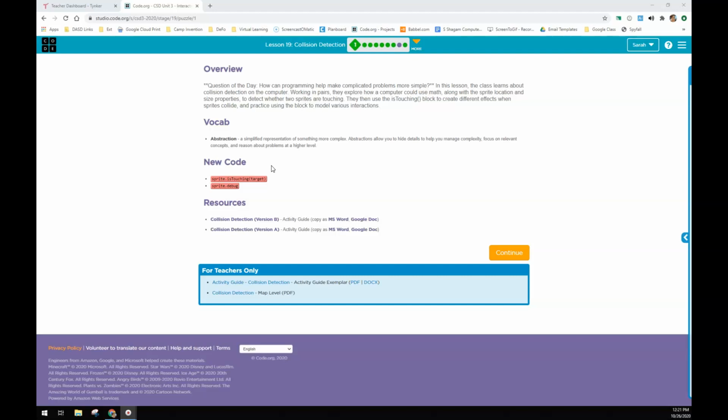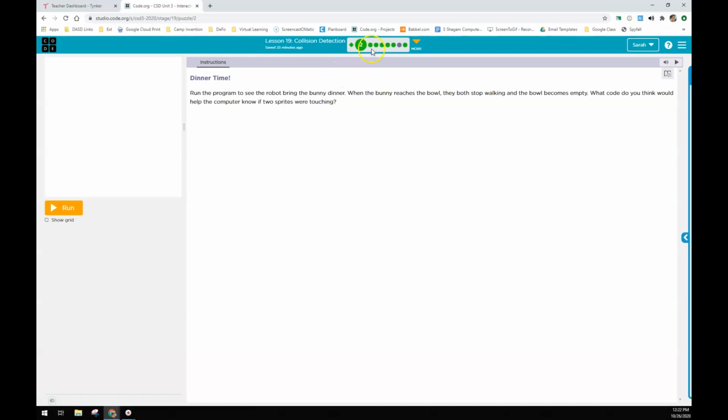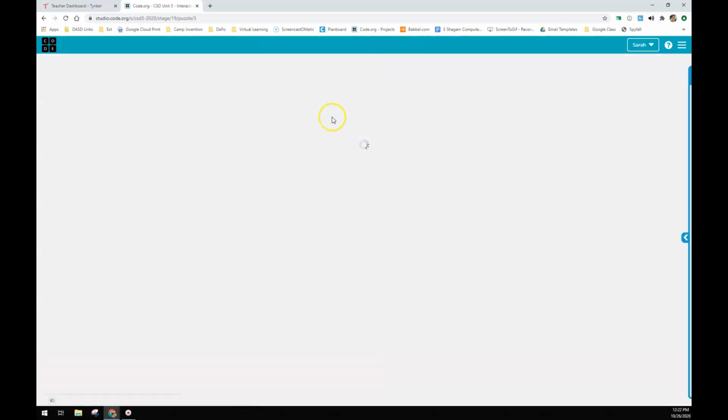And it's going to be what's hidden behind this first block, which is sprite.isTouching target, and that target is a different sprite. So it's how we check if two sprites are touching each other. And we're also going to use another new block today, sprite.debug. The sprite.debug puts a green square around the sprite so we can see where its collider, like a box on the outside of it, is. So I'm going to skip this sample game, and I just want to show you those